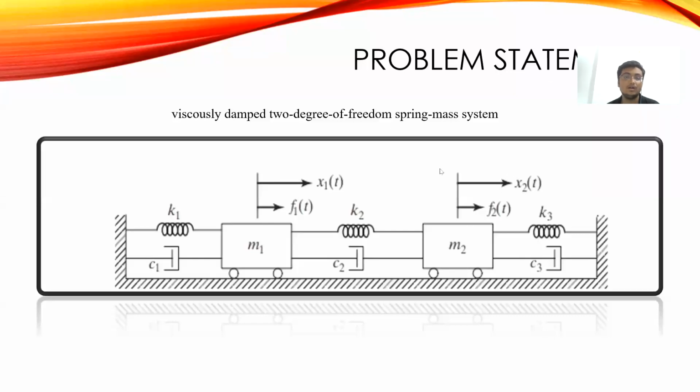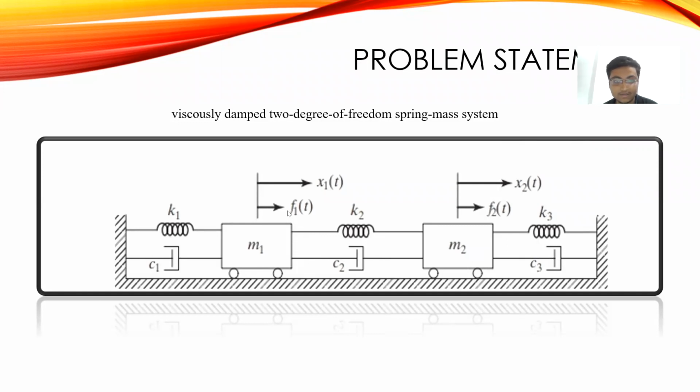In this video, we will try to use MATLAB Simulink to model this physical system and solve this ordinary differential equation, which we will get from solving this problem. This is the problem that we are considering. This is a 2 degree of freedom spring mass system with a viscous damper and a spring constant. You can see the x1 and x2 are the coordinates representing the corresponding masses and their displacement